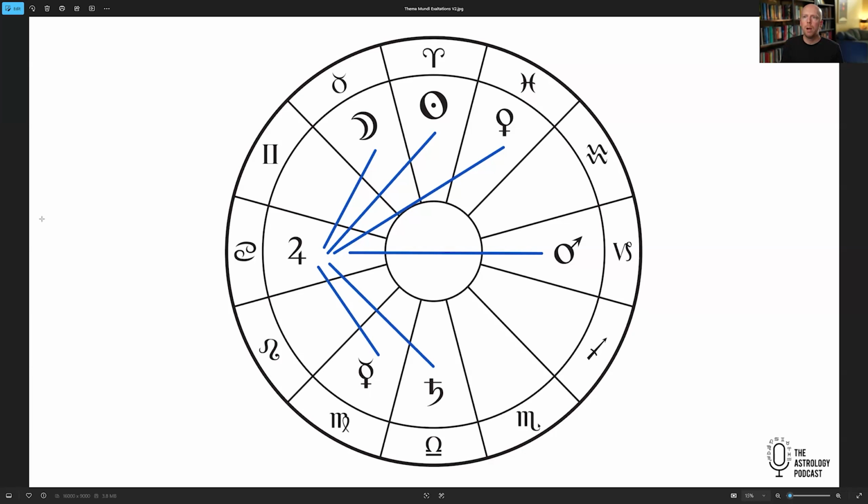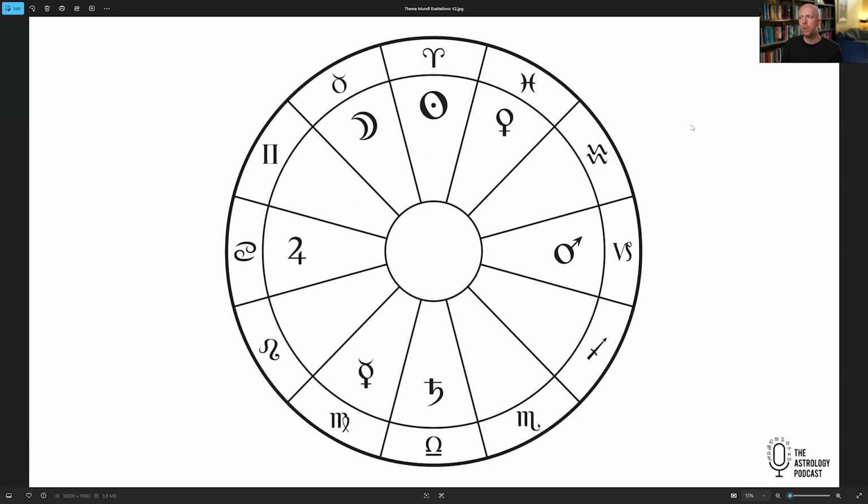So if that wasn't enough, a few years ago, my friend Benjamin Dykes pointed out another overlap between the exaltations and the planetary joys scheme to me, where he noted that the distribution of planets in the exaltation scheme is the same as the distribution of planets in the planetary joys scheme. So what I mean by that is,